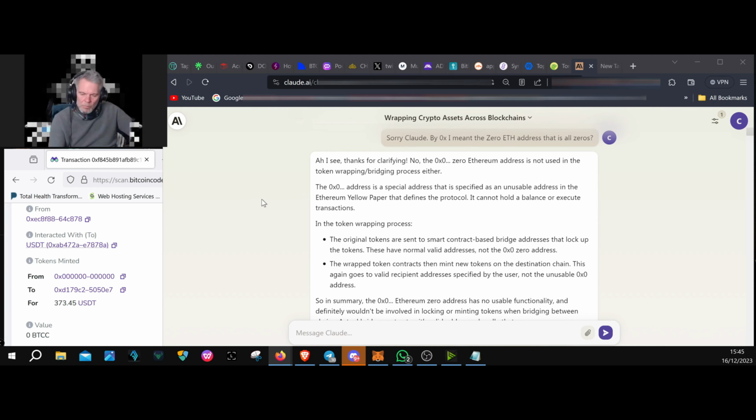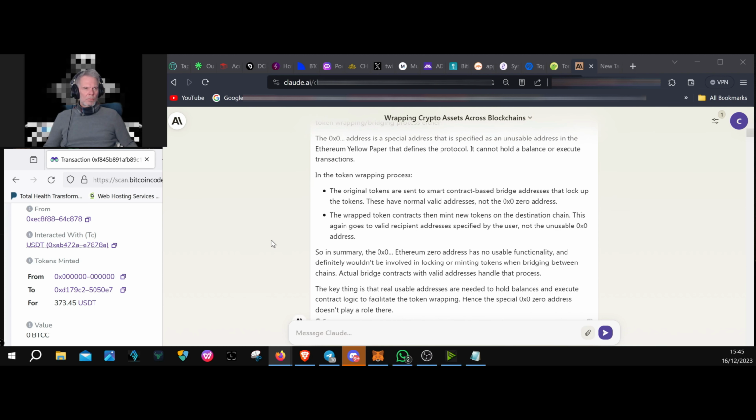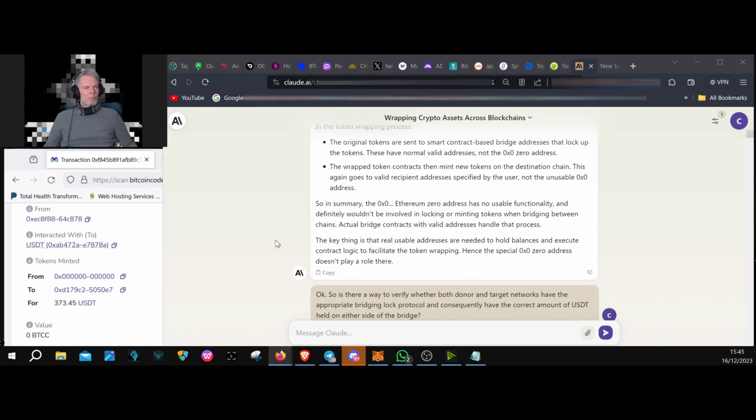In the token wrapping process, the original tokens are sent to smart contract-based bridge addresses that lock up the tokens. These have normal valid addresses, not the 0x0 address. The wrapped token contracts then mint new tokens on the destination chain. This again goes to valid recipient addresses specified by the user, not the unusable 0x0 address. So in summary, the 0x0 Ethereum address has no usable functionality, and definitely wouldn't be involved in